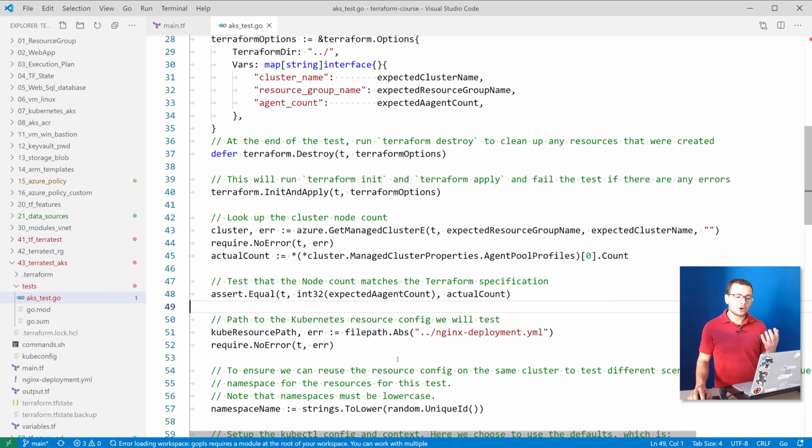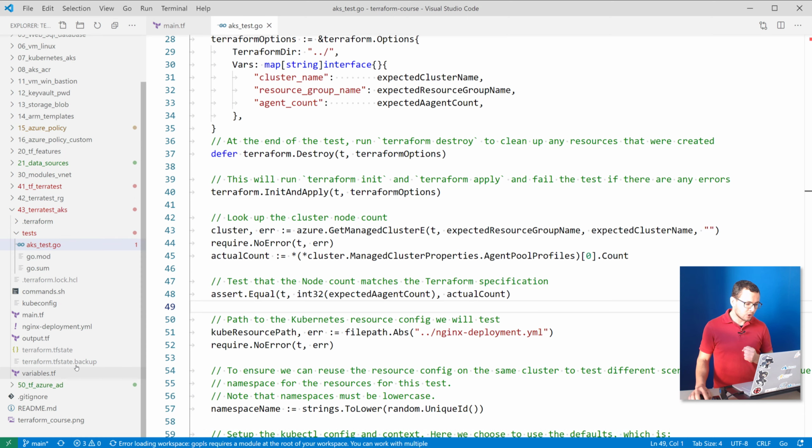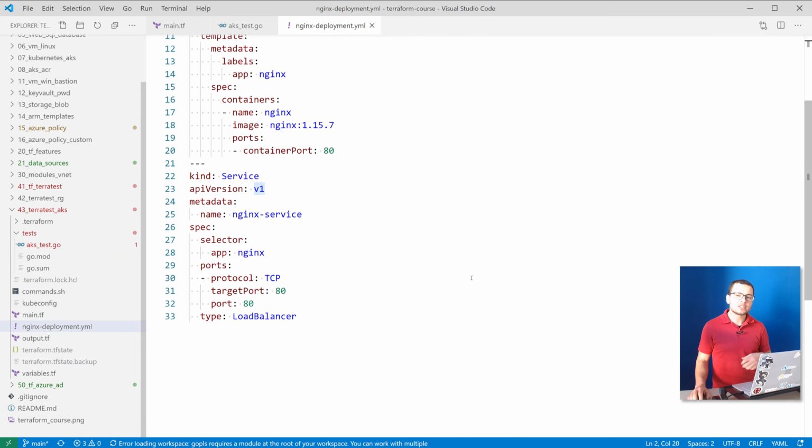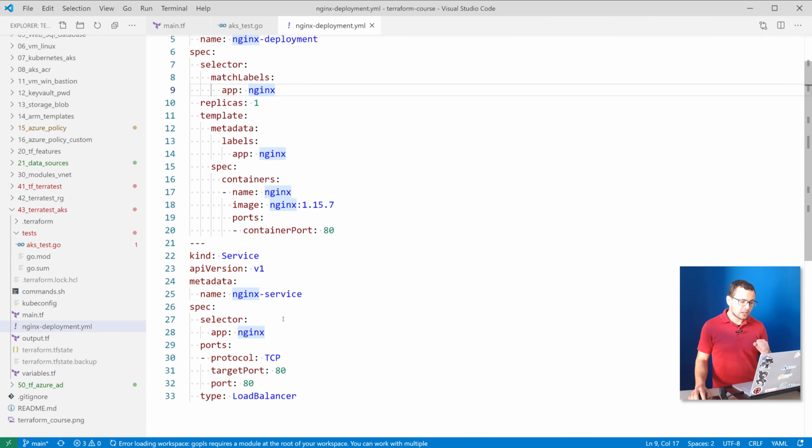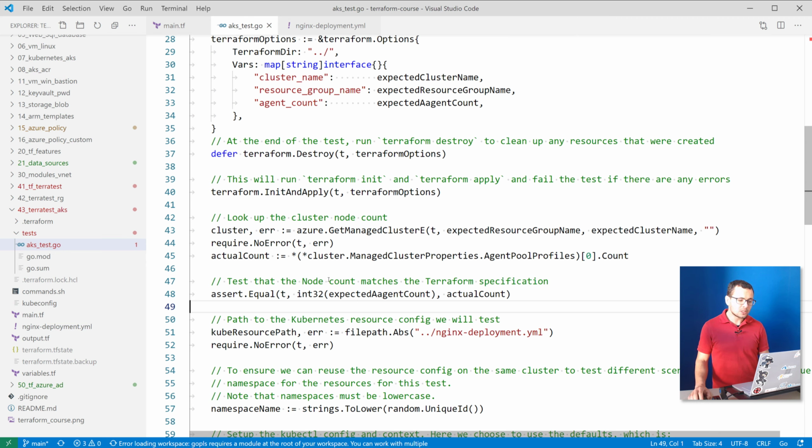Then I go to deploy a sample nginx deployment.yaml file. So those are YAML files for deploying applications inside the Kubernetes cluster. Typically, this would create a pod in my cluster, or a container that is the nginx container, and it would expose that service against a load balancer. And then I want, using Terraform, to test if that service was created successfully.